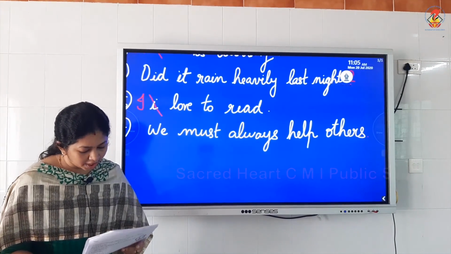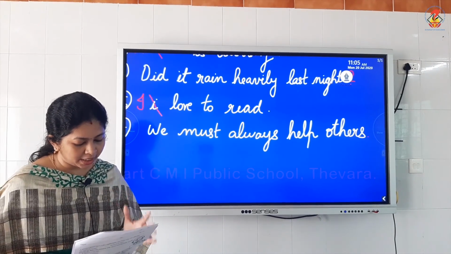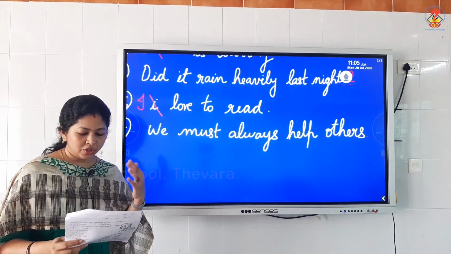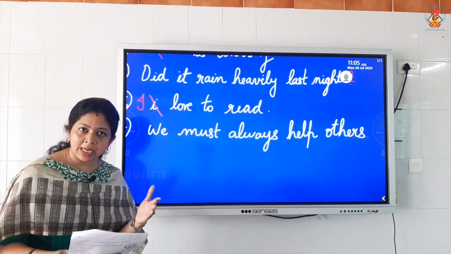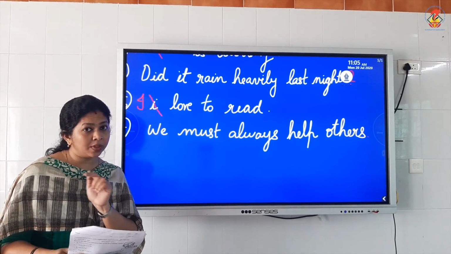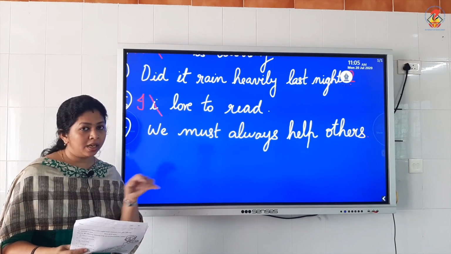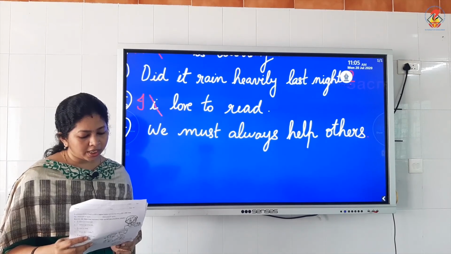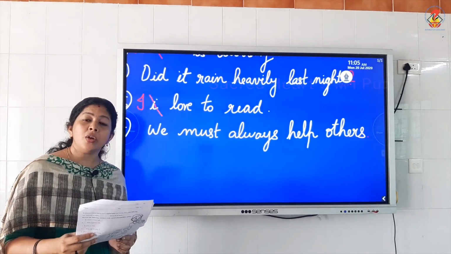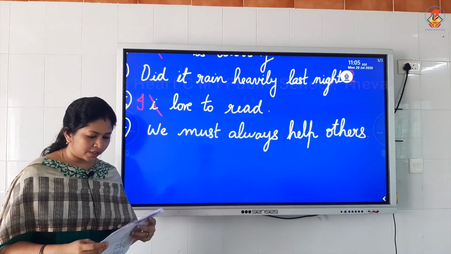So these are the three punctuation marks you have to remember whenever you write. Read each sentence and check what is wrong there, which punctuation is missing. Check the first letter. If it is not a capital, make it capital. If it's a question sentence and doesn't end with a question mark, put a question mark. And if it is a plain sentence, put a full stop at the end. Okay, numbers 9, 10, 11, 12, 13, 14, 15, 16, you have to do by yourself. Understood, children? So that's all for our class.